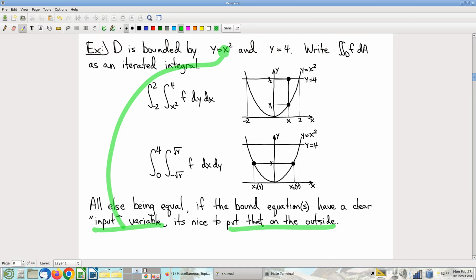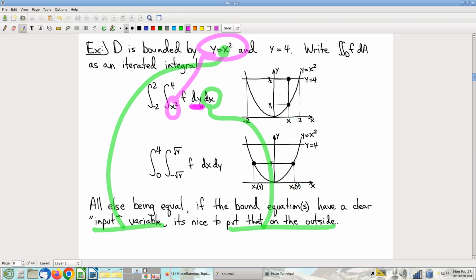And that's why we put that on the outside. Another way to say that is that whatever's the output variable will be on the inside, and so here it is, the output variable y that we've solved for. We solved for it because it's on the inside where I have to solve for it. So it's two different ways of saying the same thing,